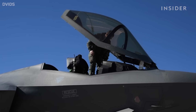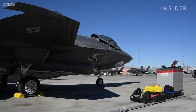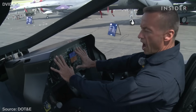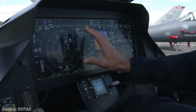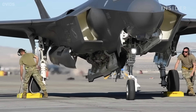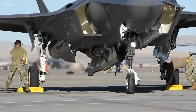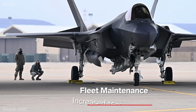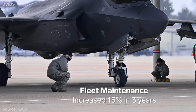A decade and a half after its first flight, the F-35 still has more than 600 known problems, mainly related to computer software and hardware. So maintaining an F-35 turns out to be much more expensive than anyone expected. The lifetime cost estimate for maintenance of the F-35 fleet increased 15% between 2018 and 2021, to a total of